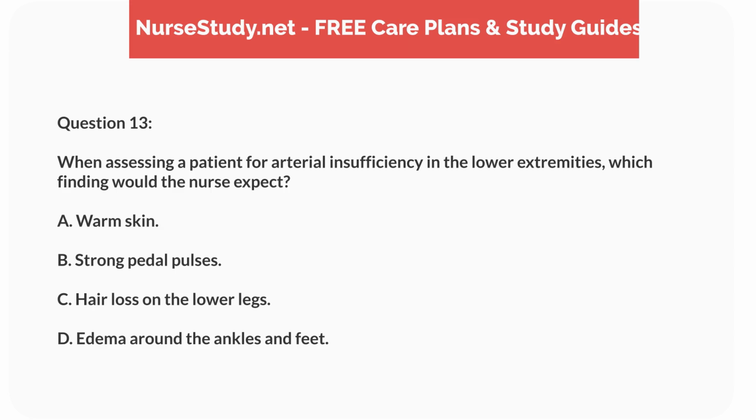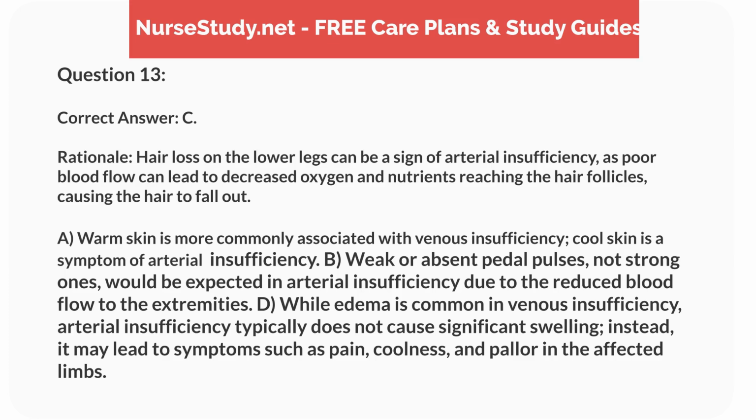A. Warm skin. B. Strong pedal pulses. C. Hair loss on the lower legs. D. Edema around the ankles and feet. Correct answer, C. Rationale: hair loss on the lower legs can be a sign of arterial insufficiency, as poor blood